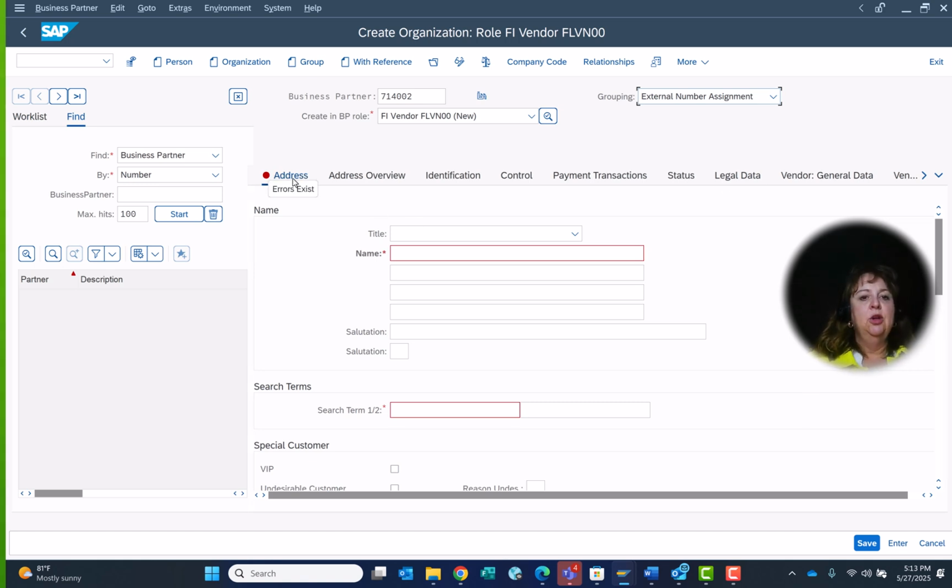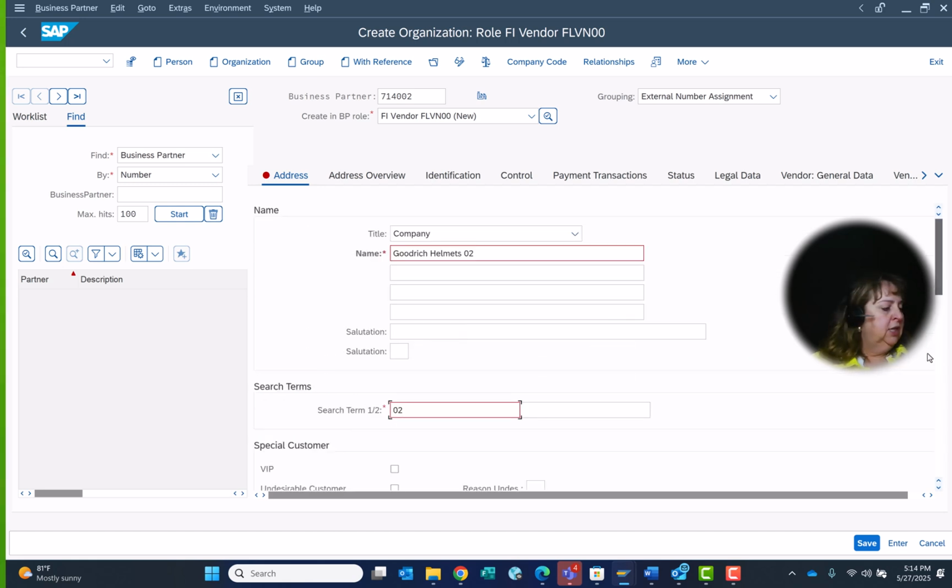We now want to click on the address tab and put in a company title. We will put in Goodrich or your name, and we're going to just say Goodrich Helmets, and we'll put a 02 so you know that it's really me, and that you know what my number is. We'll put in a search term,